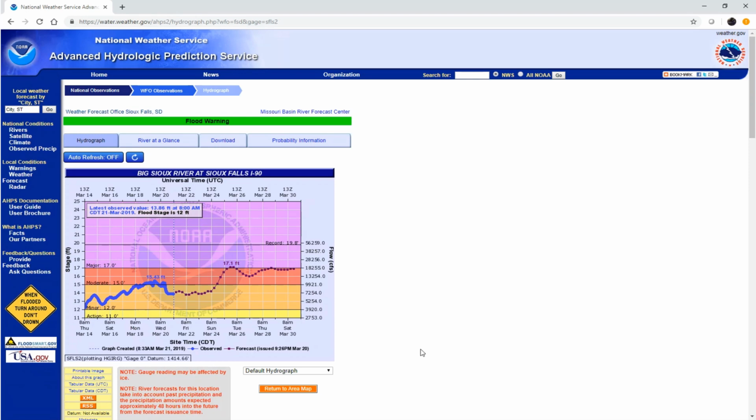that particular river gauge. The first thing that's going to display is a hydrograph. All the blue lines to the left of this vertical dashed line here are the observed river levels. All of the dark maroon dots to the right of that vertical line are the forecasted river levels. The current river level is listed in the box above the map, as well as the flood stage for that